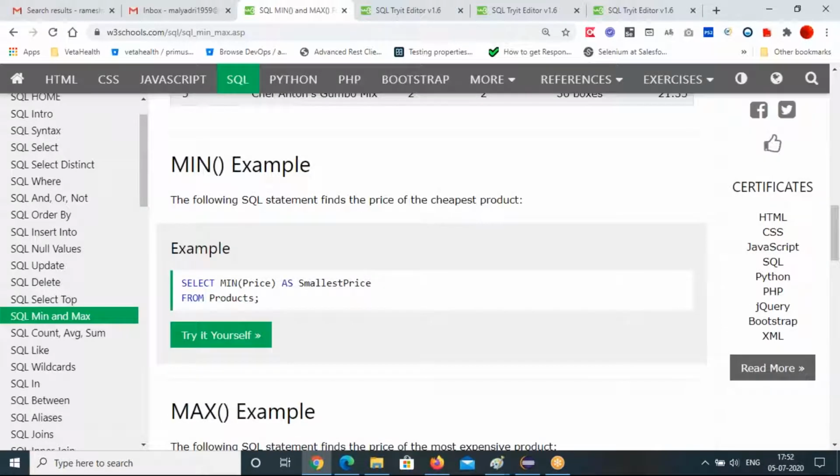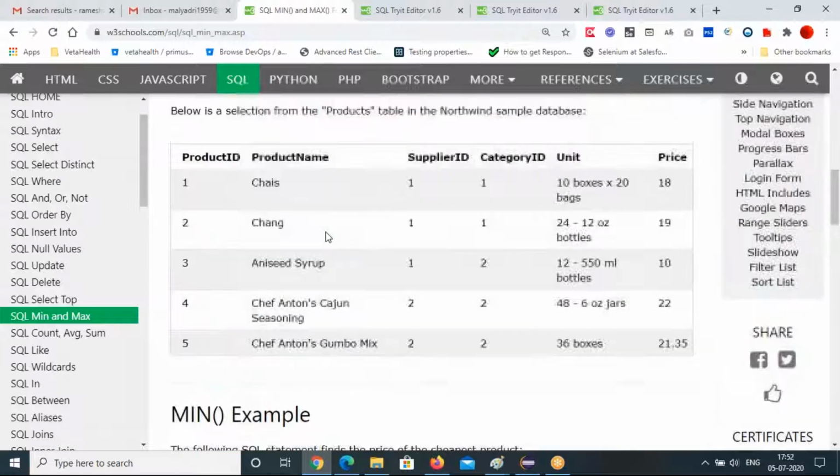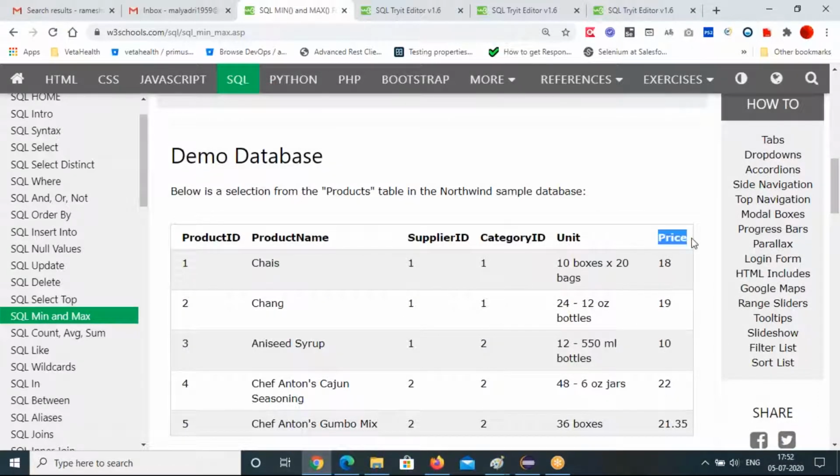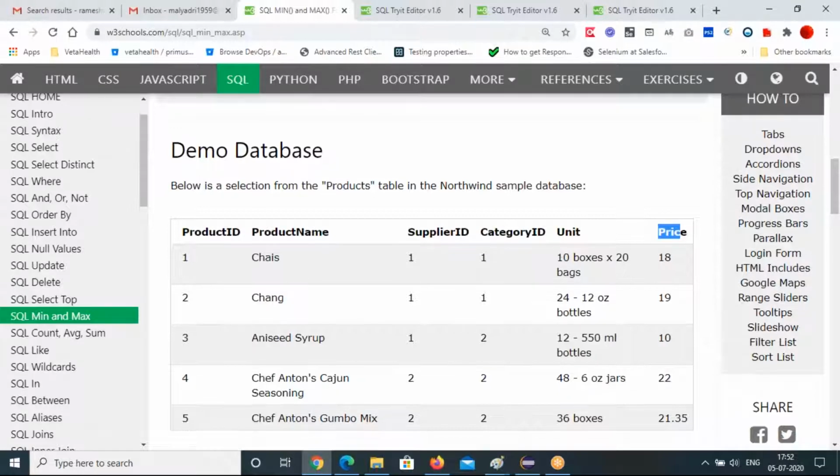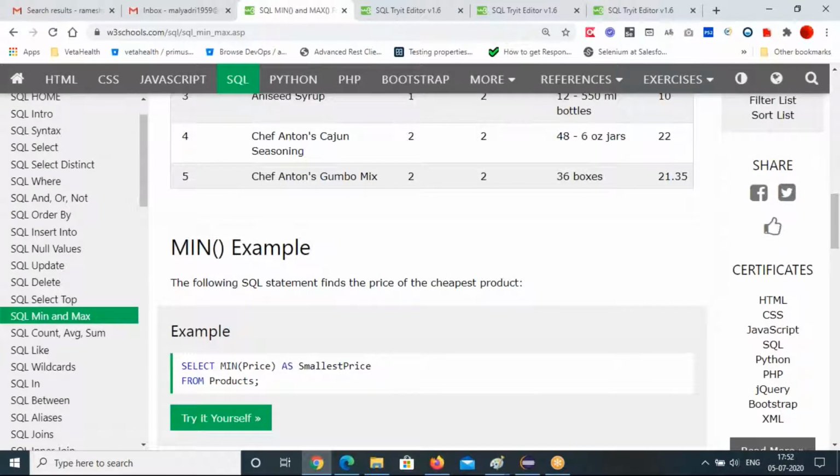So let's see the demo quickly. Minimum example: select minimum price. Price is one of the columns in the products table: product ID, product name, supplier ID, category ID, unit, price. In this products table you want the minimum price as smallest price.